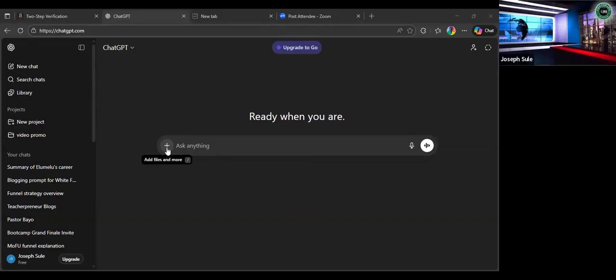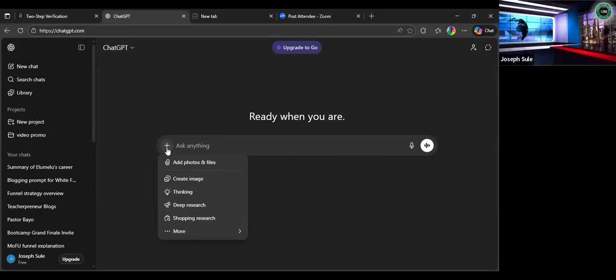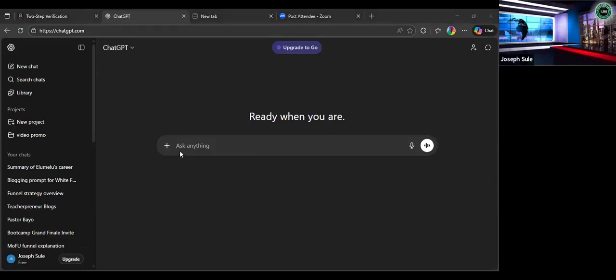Could be pictures, it could be audio, it could be anything. And I click on this plus button to tell ChatGPT that I want to upload a file. And then ChatGPT will ask me, where is the file? In which part of your storage is the file at? Bring it on.